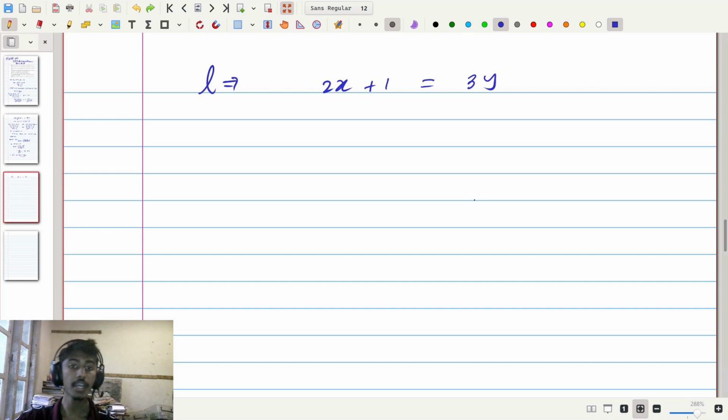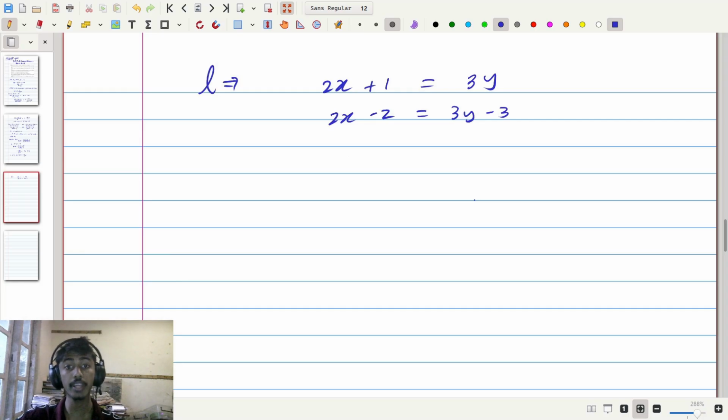We instead want (x − 1)/3 = (y − 1)/2. So to achieve that, I'm going to subtract 3 from both sides. Doing so, I get 2x + 1 − 3, which is 2x − 2, equals 3y − 3. And now we can see, if I divide both sides by 2 and also divide both sides by 3,